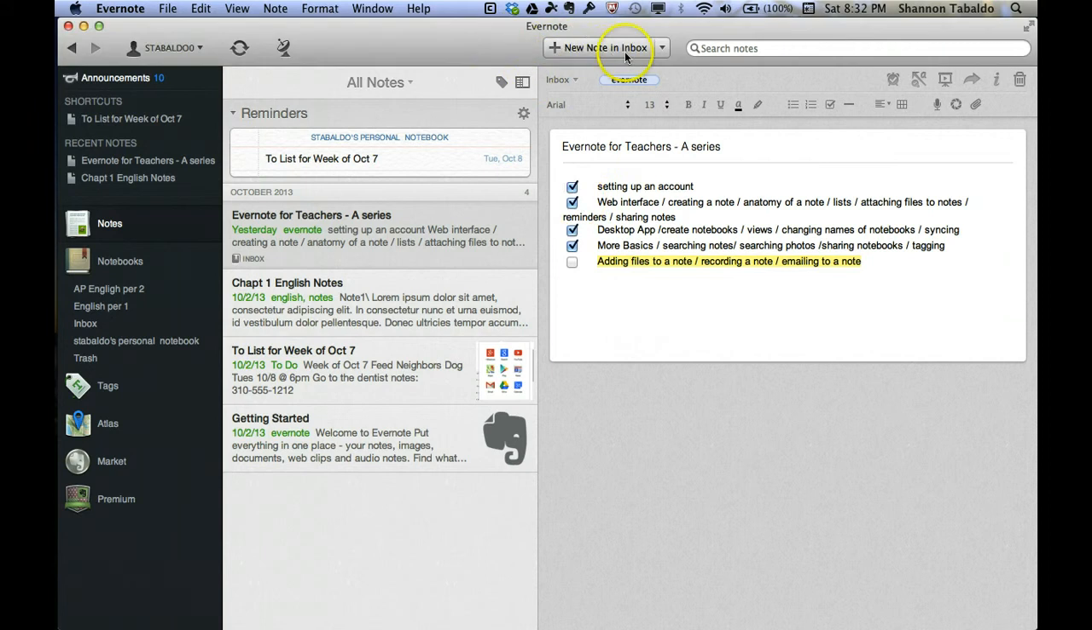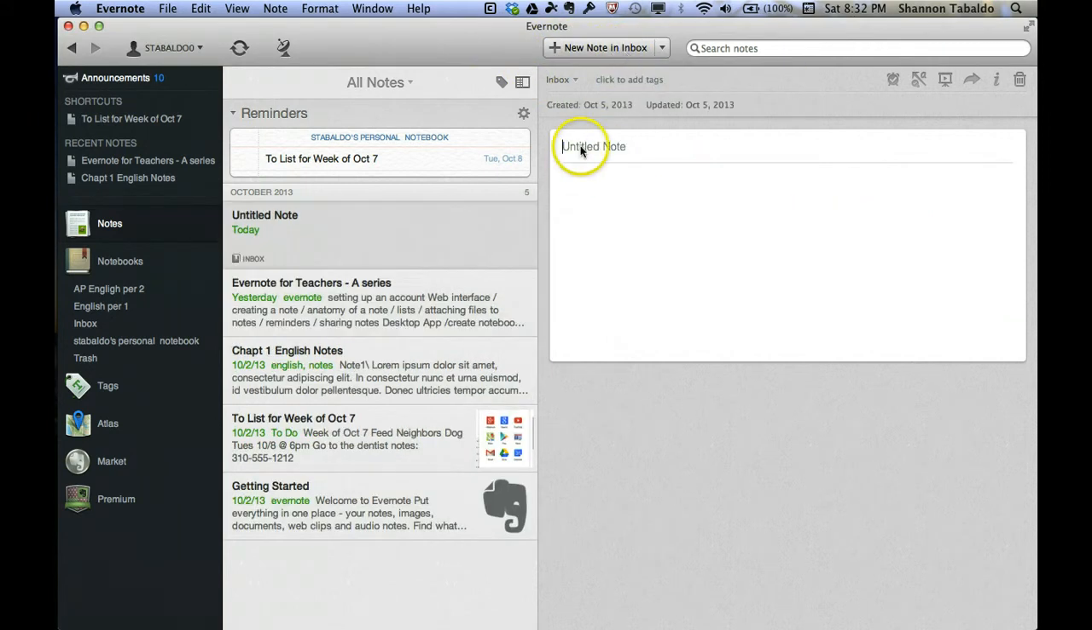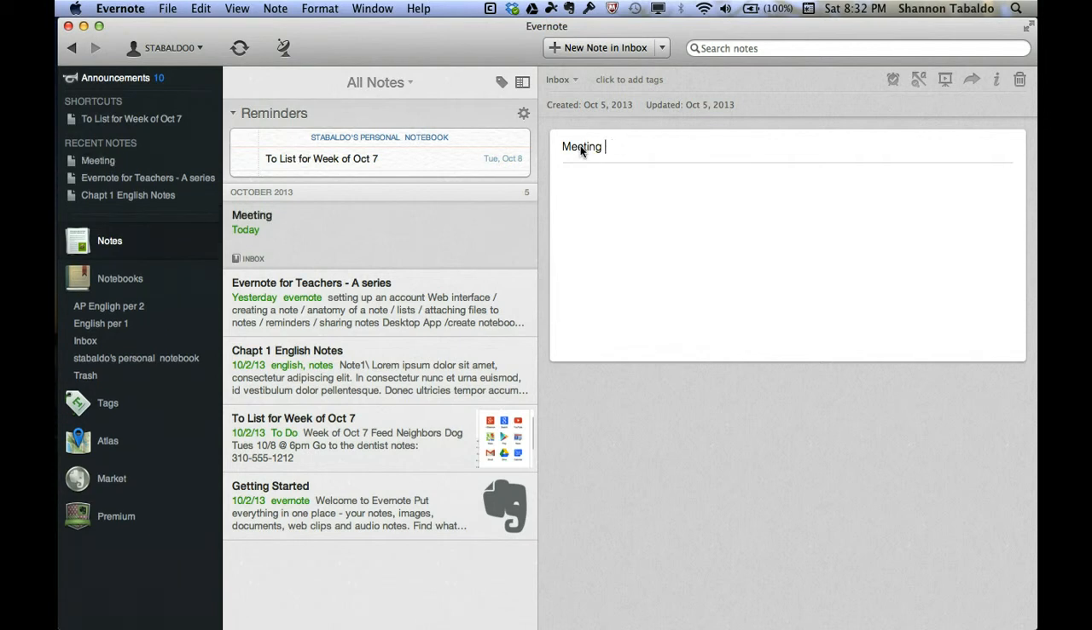So the first thing I'll want to do is create a new note. And this is going to be called meeting notes, today's date, 10/5/13. So now I've got my meeting notes, and I was sent an agenda in Microsoft Word that I saved